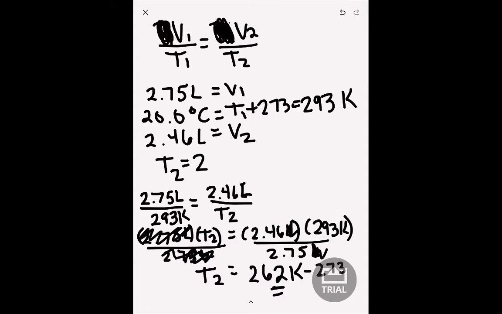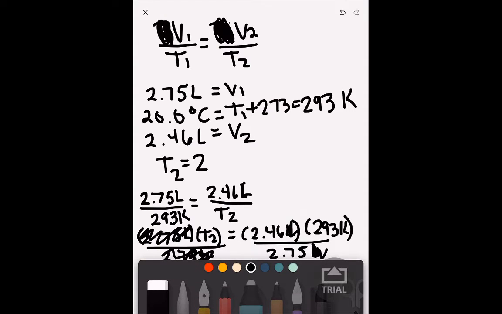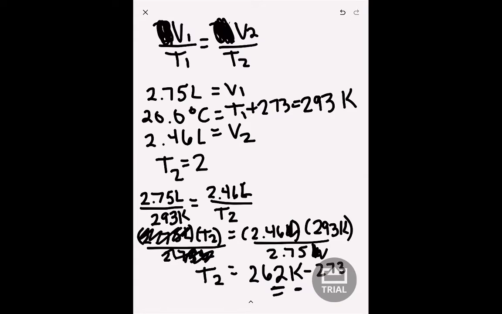262 minus 273 is negative 11. But what I'm actually going to do here, guys, since this is not my final answer, is not round that yet, because I forgot that it was asking us for degrees Celsius. So let's not round it until we get to our final answer. So again, 2.46 times 293 equals, divided by 2.75, and I get,